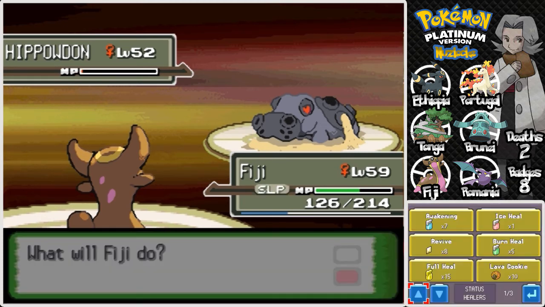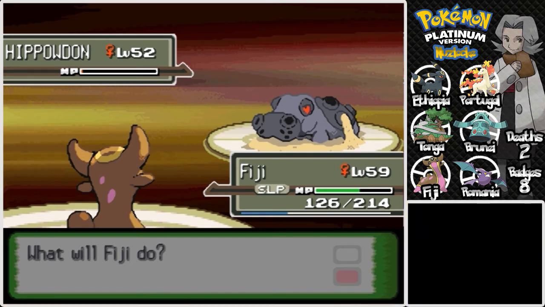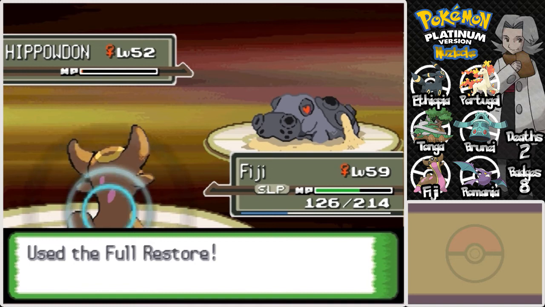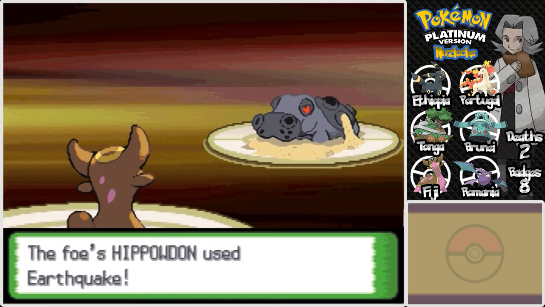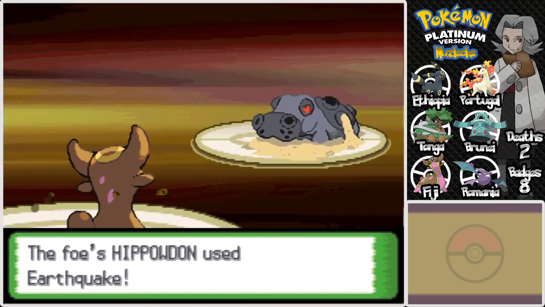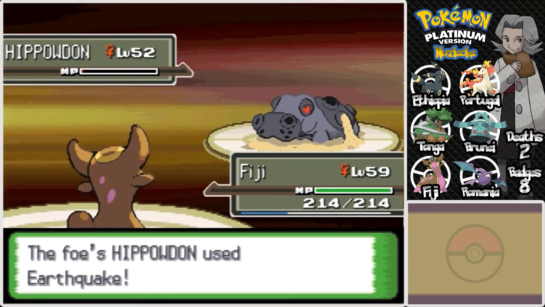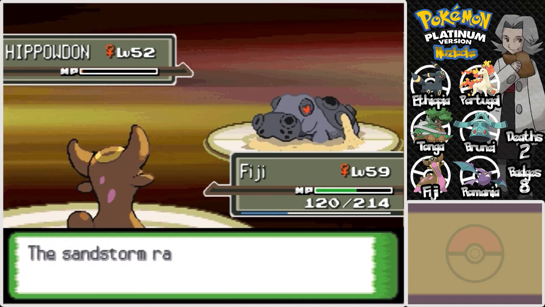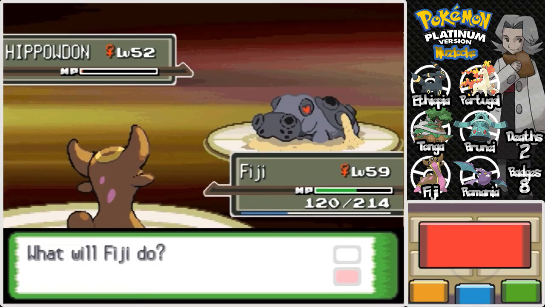Right, we're going to use another full restore on you, Fiji. Because I think we have this thing now. You could decide to heal this thing again for some reason. I'm not entirely sure. And you don't. Okay. Well, I know you can take an Earthquake and that you'll move faster. So I think we have this thing either way. Fiji, I think that's fine. Oh, that's fine. Okay, good. We're good. We're good. We're good. And now,